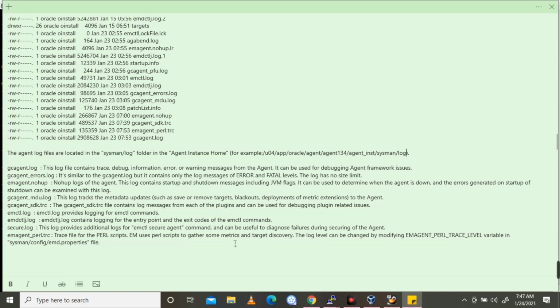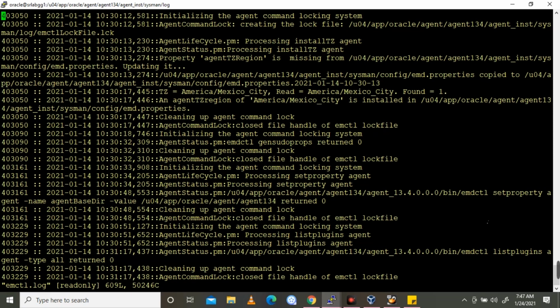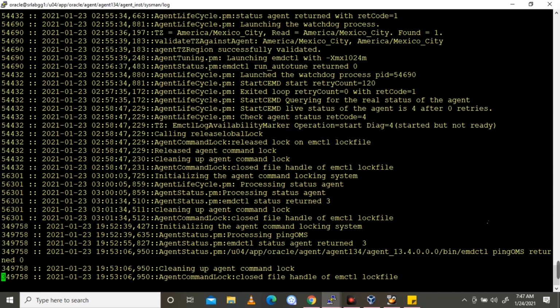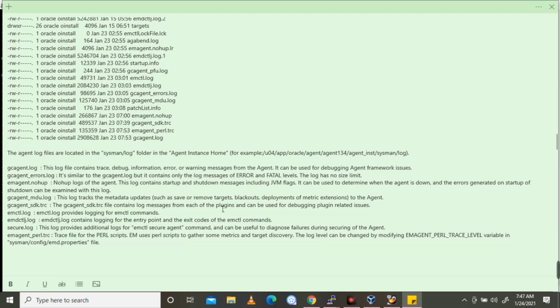Next, the emctl log. The emctl.log provides logging for emctl commands. All the emctl commands are logged to this emctl.log. Next, emdctlj.log contains logging for the entry point and the exit codes of the emctl commands.